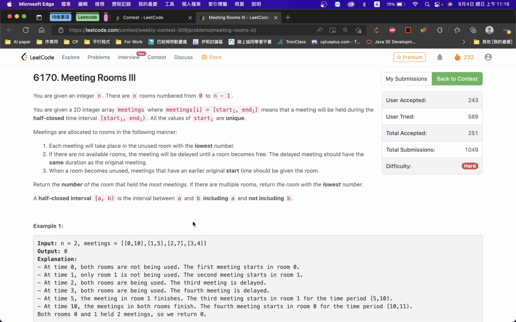Both rooms are not being used. First meeting, room 0 starts. Room 1 is not being used. Second meeting starts in room 1. Then both rooms, 0 and 1, are being used. The third meeting is delayed. So when we enter all the meetings here, we still have a queue,